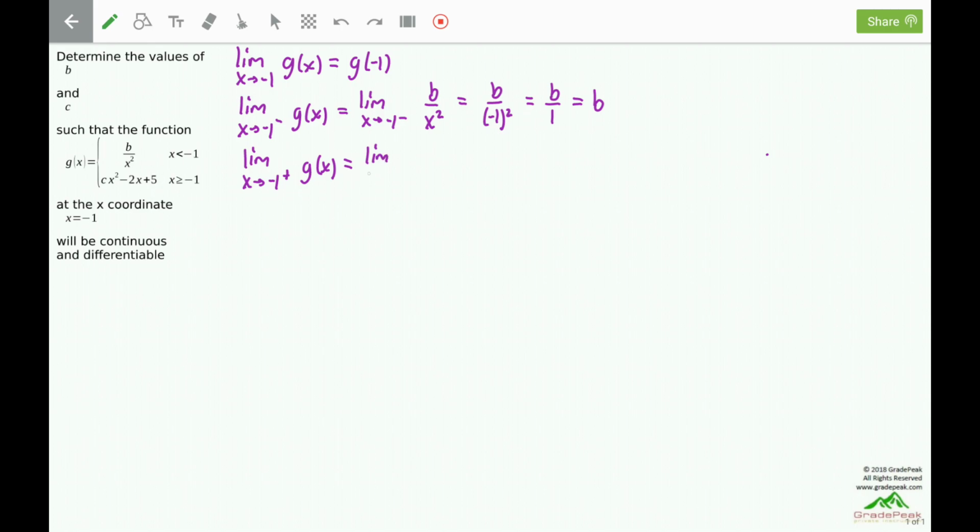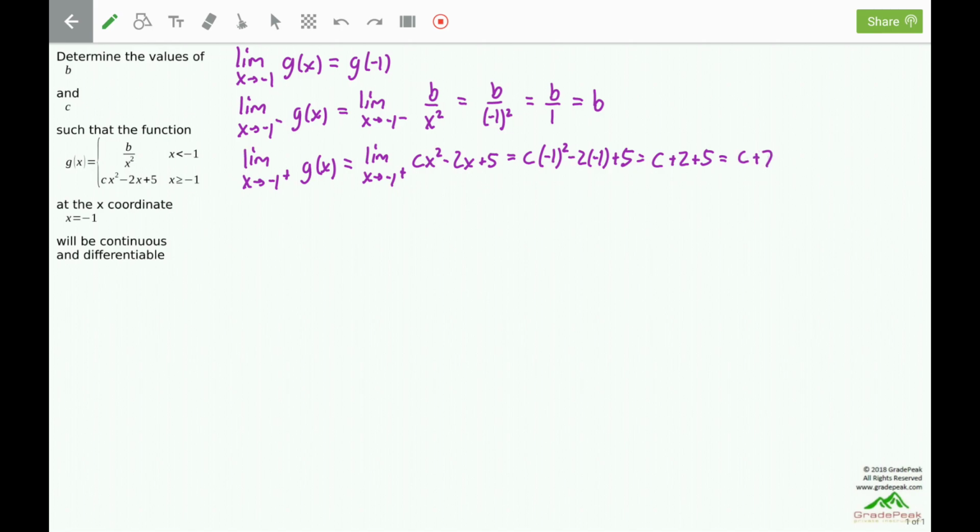The right-sided limit indicates that we are now greater than -1, so we will use this expression for g of x, cx squared minus 2x plus 5. We can now plug a -1 in for each of the x's. That'll give us c times -1 squared minus 2 times a -1 plus 5. -1 squared is a +1 times a c is a c. A minus 2 times a -1 is a +2. And then plus 5, which will give us